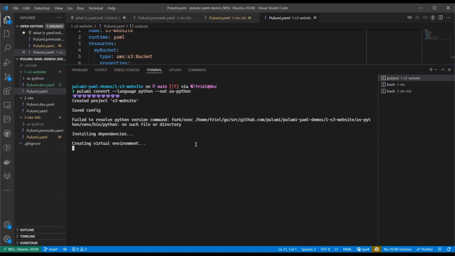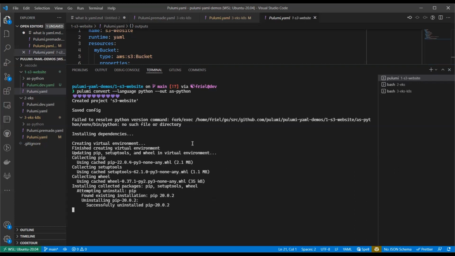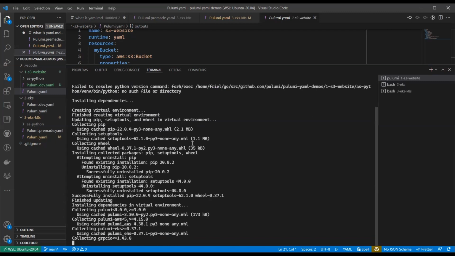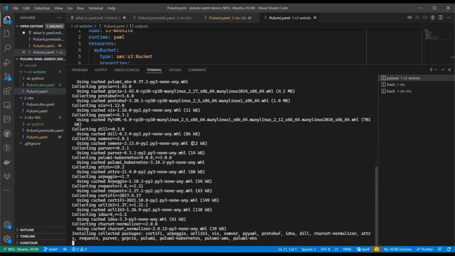While it's experimental, I've got these nice little hearts displaying, and you're going to see it spinning up a Python virtual environment, installing the necessary dependencies. And shortly, we're going to see that it's going to tell us that we can just cd into that directory and pulumi up. And we should have our YAML program now converted to Python with full fidelity.